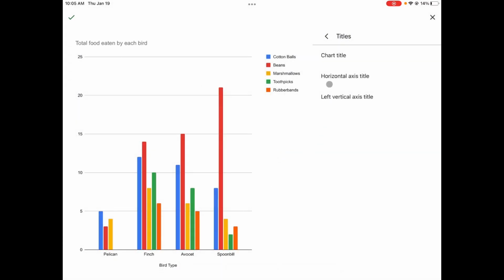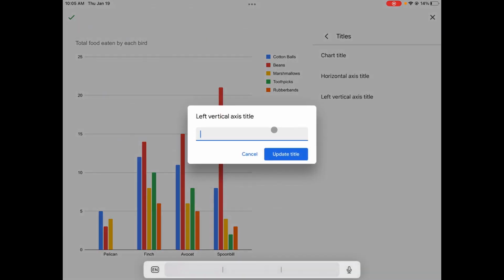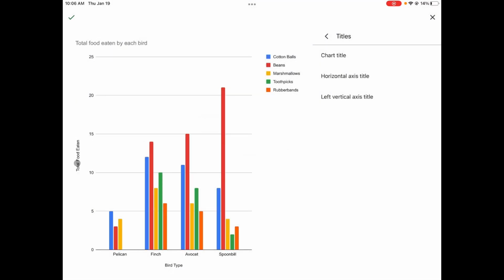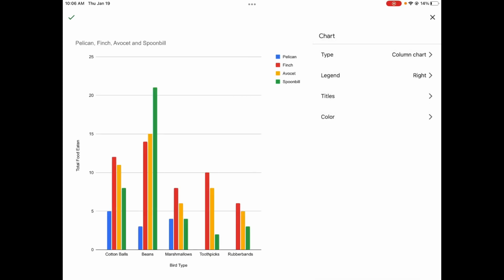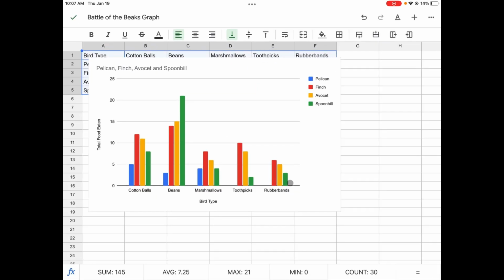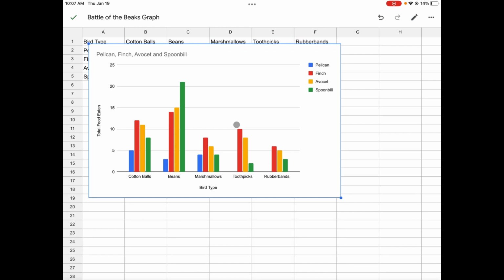But then I also have to change my labels for each axis. So the horizontal axis title, which is right here, says bird type, pelican, finch, avocet, spoonbill. That one's fine. But it's my vertical axis right here. I have to change that to total food eaten. Click update, I get my update right there. And then when you've finished up the title and you have everything set the way you want, make sure you go up here, the top right corner, tap on that green check mark, and then your chart will appear right there